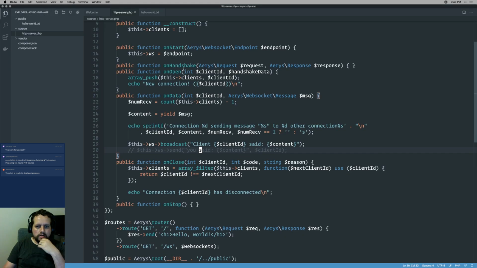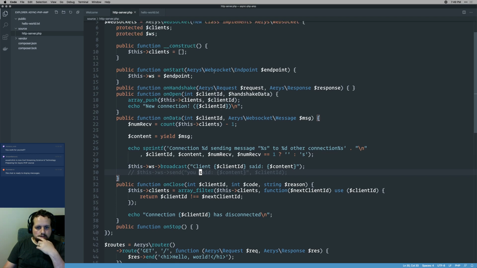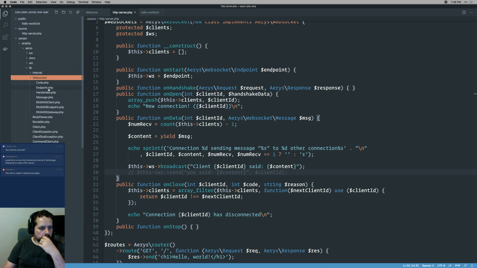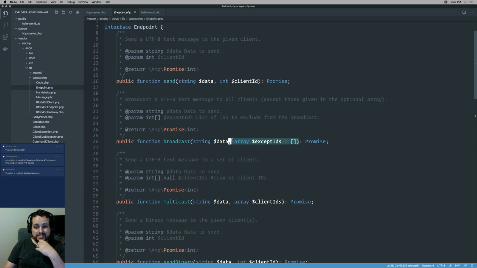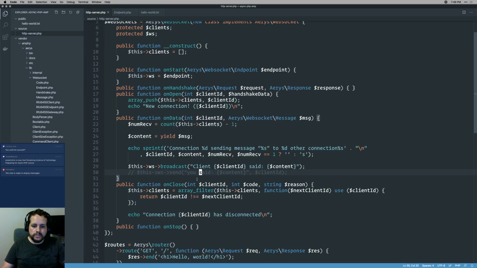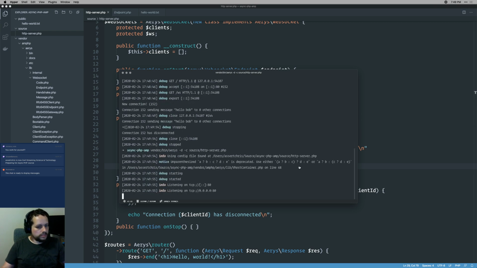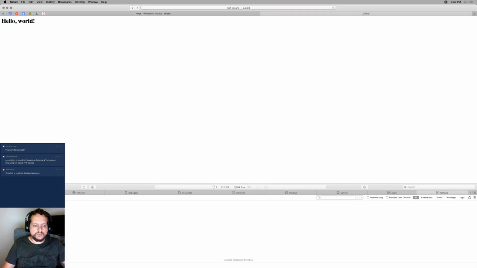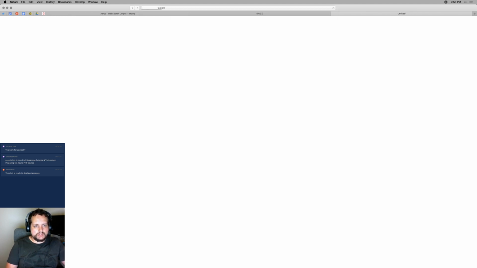What does that class offer in the way of broadcast? WebSocket endpoint. Broadcast accepts IDs. Very cool. So here you could say broadcast, and in array you could say client ID. Okay, let me restart that. So make the WebSocket, listen for the message, send a message. You said hello Bob. Now if we start this up in a new tab,